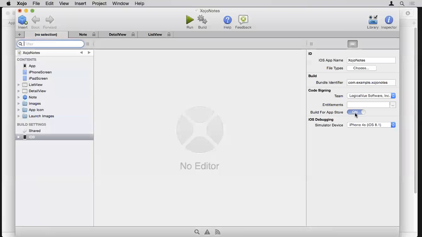And that is essentially the only thing you're going to need to do in Xojo to make a build for the App Store. We still have a little bit more work to do to create the appropriate provisioning profile and whatnot. But this is what you're going to need in Xojo. In addition to one other thing,